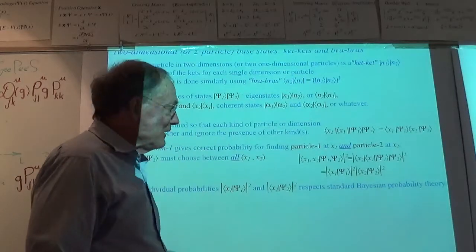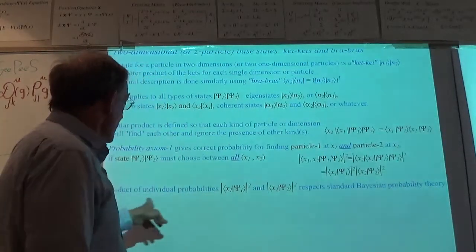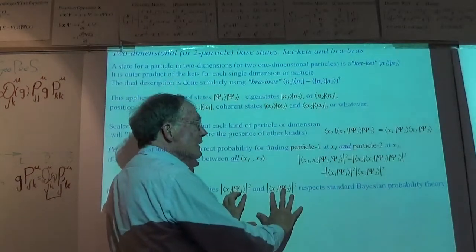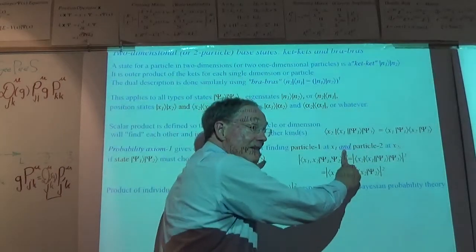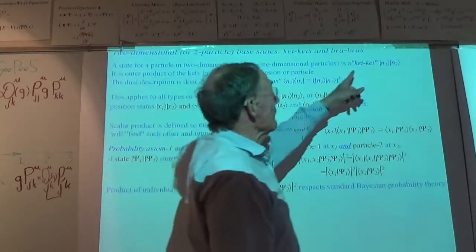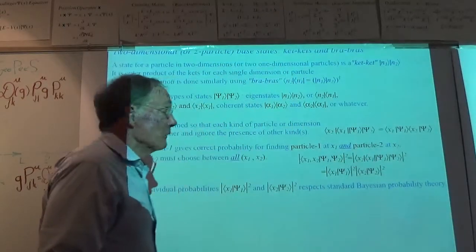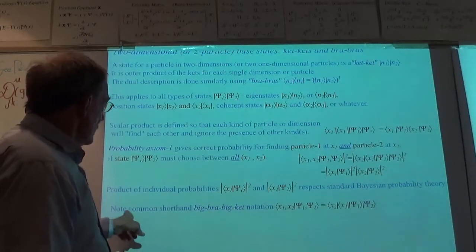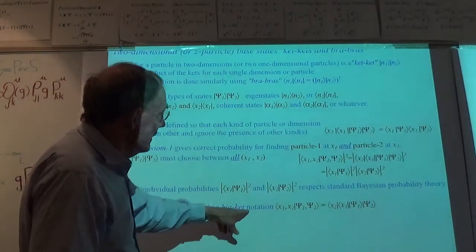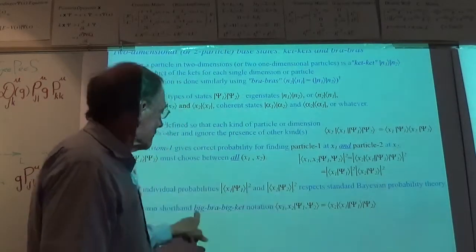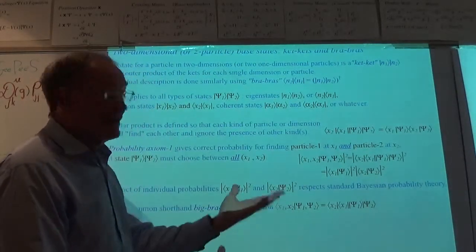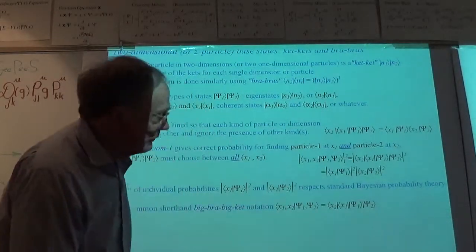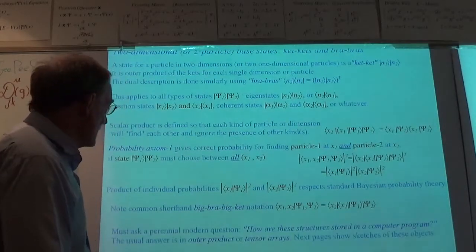And so now you see, this is then the Bayesian product of two probabilities for having something with an "and." That's why we do products of things, of different systems, for which, and I said, note the comma shorthand, big bra, big ket notation. So your question in a nutshell is this is the older way to write it, if you were going to write Dirac notation before Dirac notation was invented. Okay, now